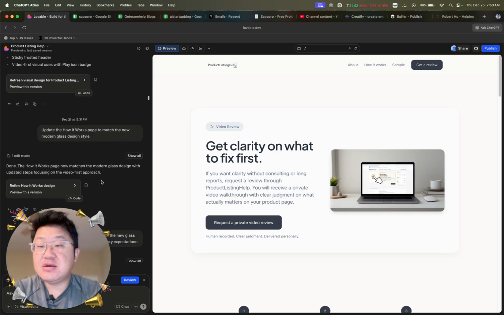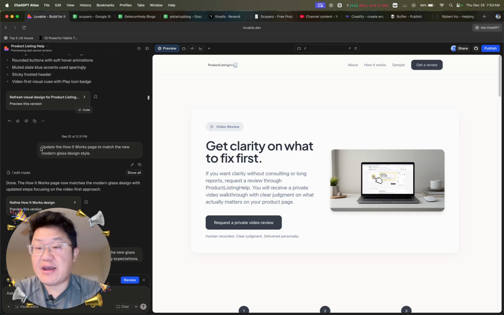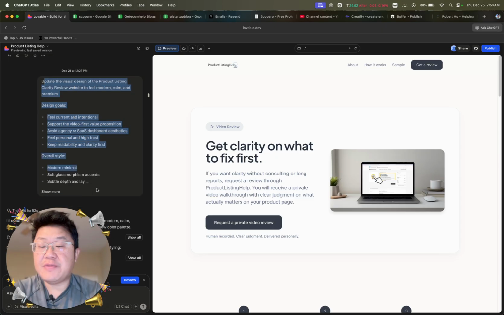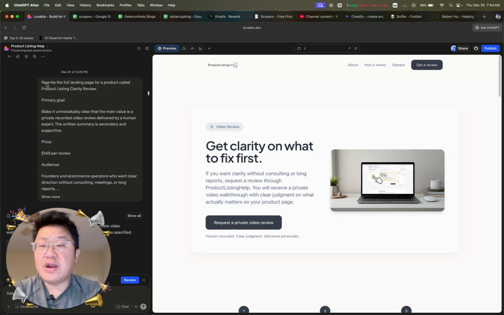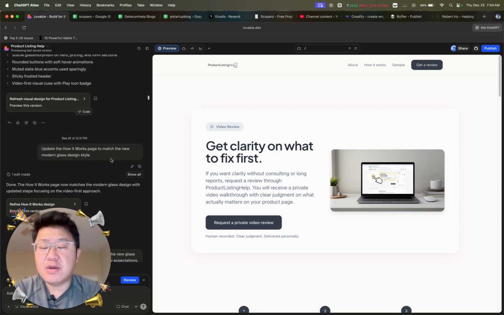And as you can see here, I wanted to work on the design a little bit. You guys can see a big difference between my in-the-moment prompts versus the one where I use ChatGPT to give me a Lovable prompt to put in and build out. To really build out from a code perspective in Lovable, I usually rely on ChatGPT. But if I just have in-the-moment thoughts, I will just type it in here and say, update the how it works page